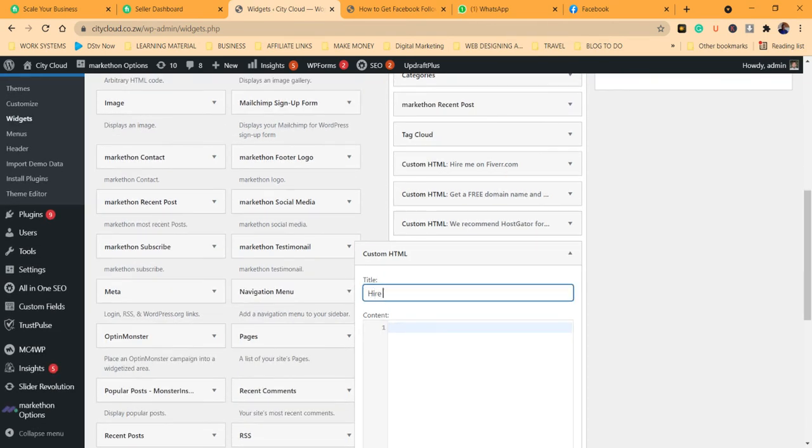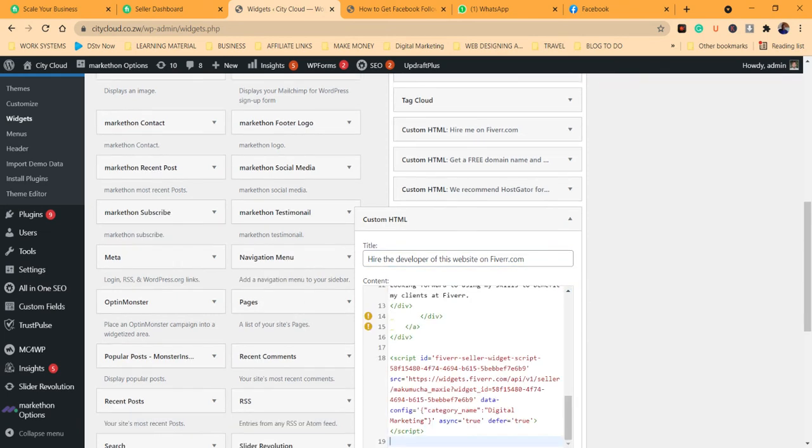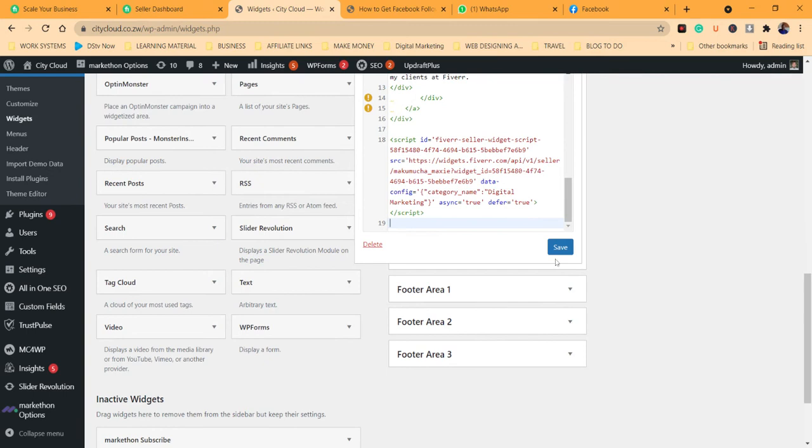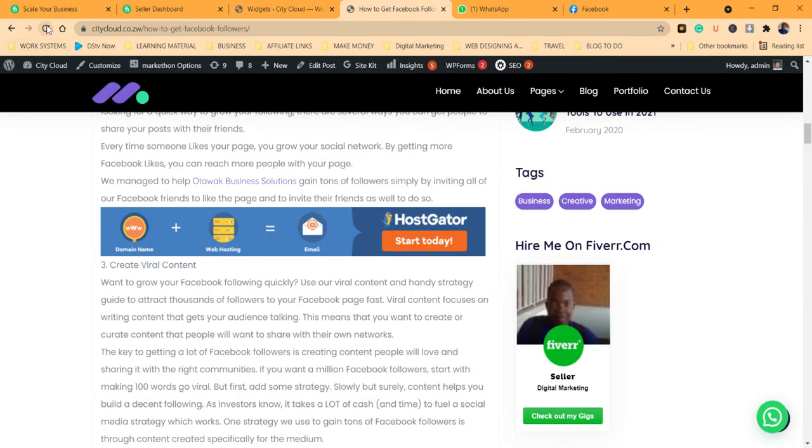Let's say hire the developer of this website on Fiverr.com. But here where it says content, just come and paste as it is the content that you have copied from Fiverr.com. Come here, you click save, and if you visit any of the blog write-ups from your website, you must